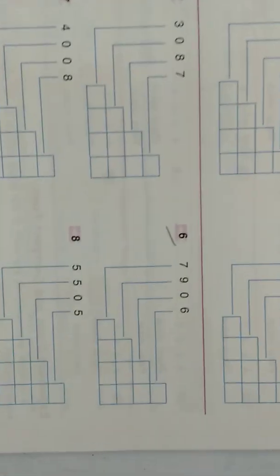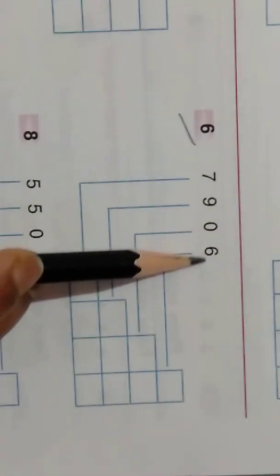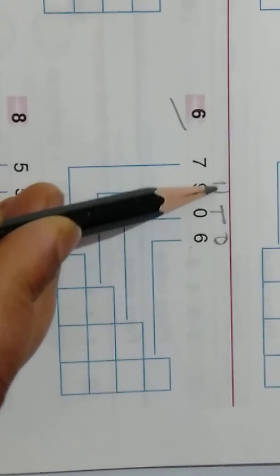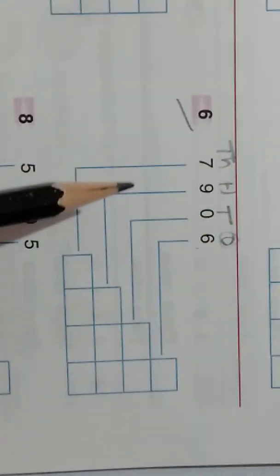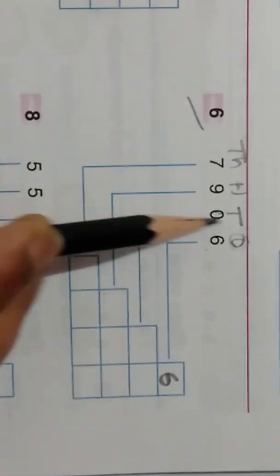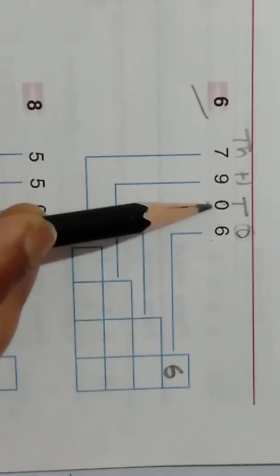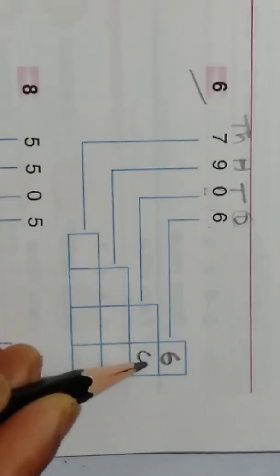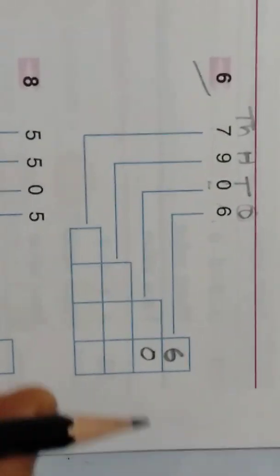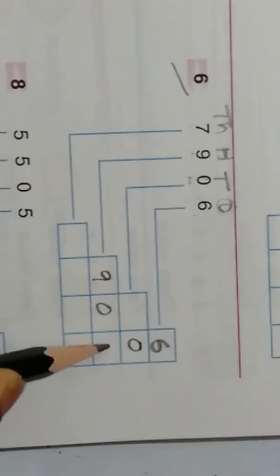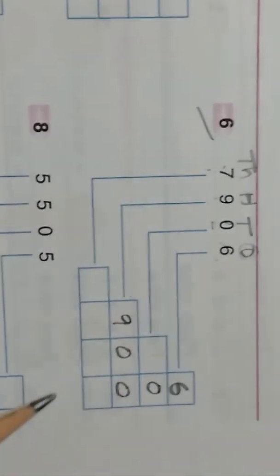Very easy. Let's do another sum. Question number 6. What is the place value of 6? Since it is at ones place, this is tens, this is 100, this is 1000. So if it is in ones place, then it will be the same number. So it will be 6 only. So here what is the place value of 0? It is 0. Whether 0 is here or anywhere, it will always be 0. You will not write anything, you just write 0. Okay. Now what is the place value of 9 here? 900. Place value of 7 here? 7000.